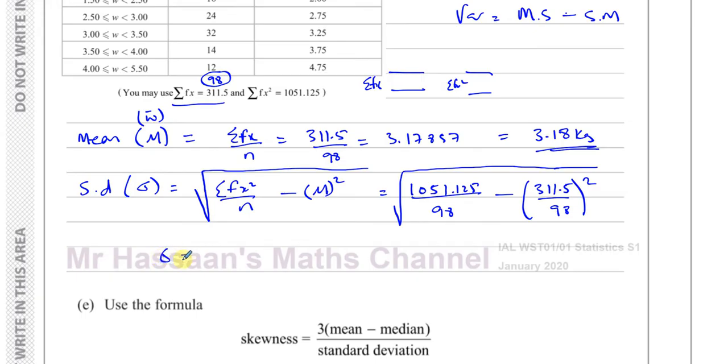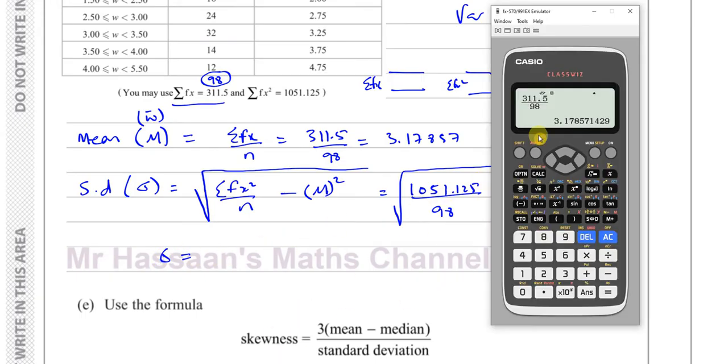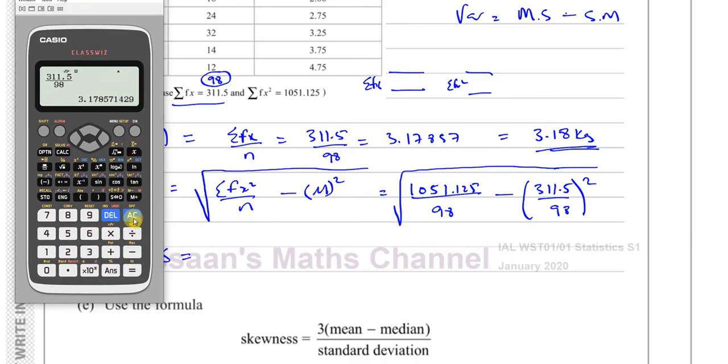So the standard deviation is going to be equal to, I just have to put this in my calculator now, the square root of 1501.125 over 98. That's the mean of the squares, minus the square of the mean. So I'll put this in a bracket: 311.5 over 98, and that has to be squared. That's the mean of the squares minus the square of the mean, taking the square root of that, and that gives me,